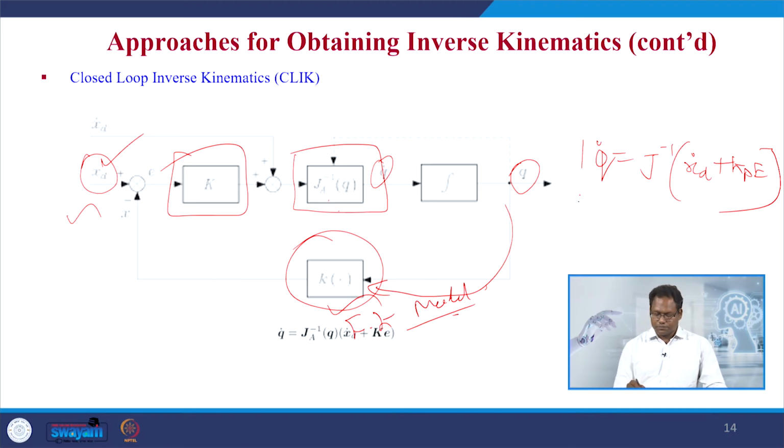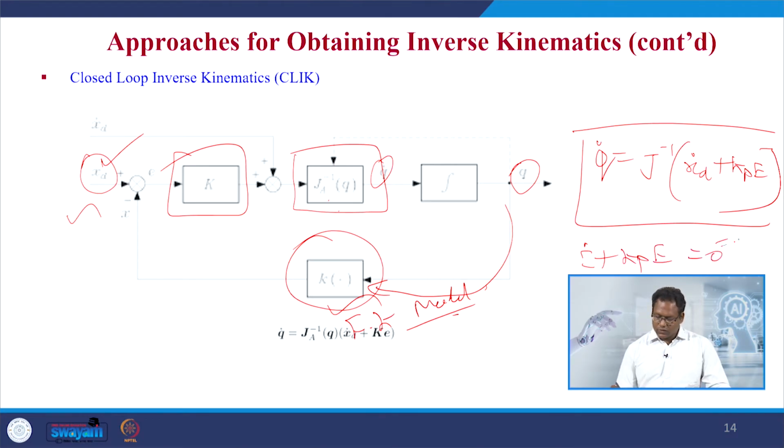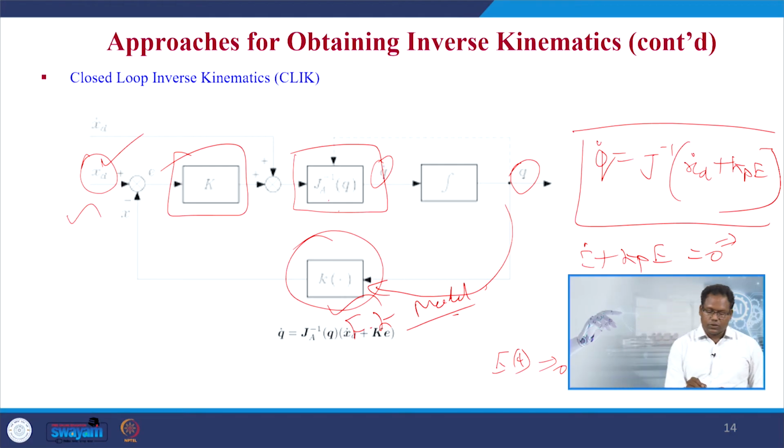That is a control law, and this control law will lead to a first order dynamics: e dot plus Kp e equal to 0. This differential equation will have the solution e of t, which goes to 0 as time tends to infinity. So this approach of inverse kinematics ensures that